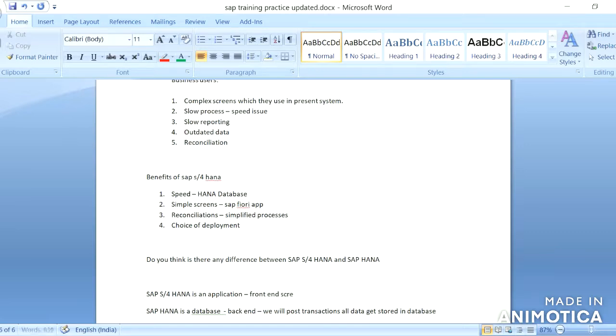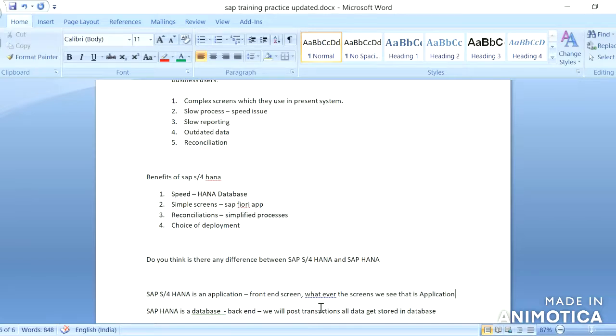Whatever screens we see, that is the application, front end and back end.